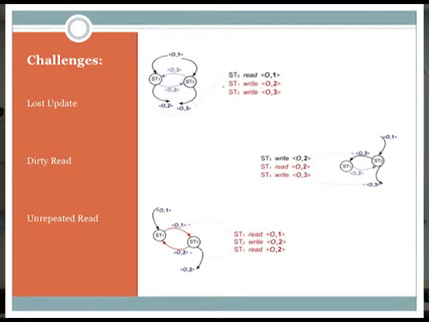Then one of the classical solutions of solving this problem is avoiding the loop, or making the whole system in a way that it's impossible to make a loop. Actually, this is what locking mechanism does. For example, if you lock the data